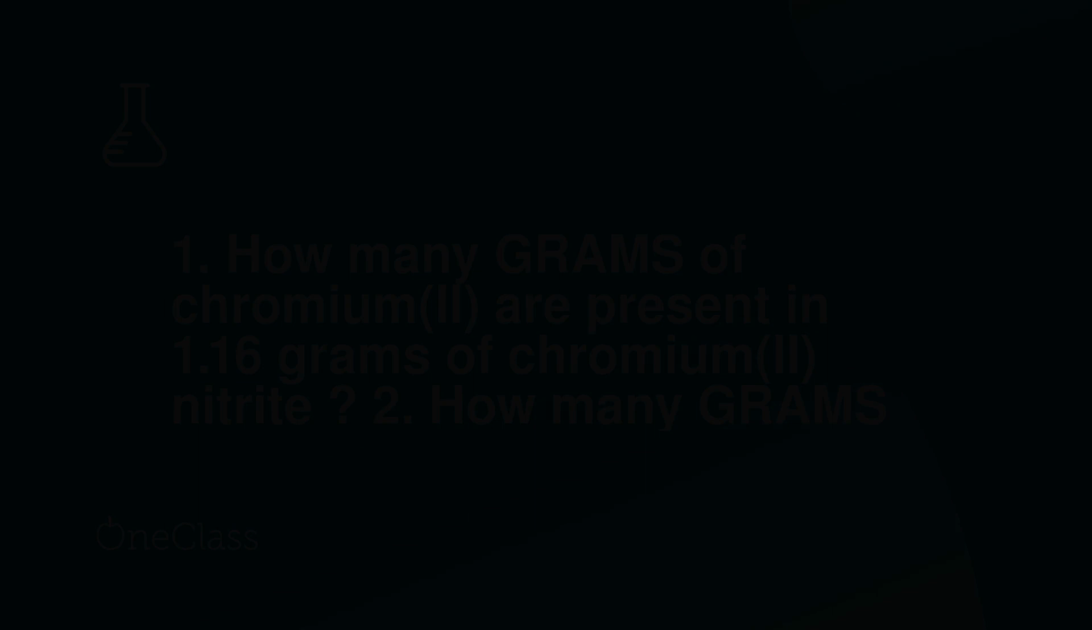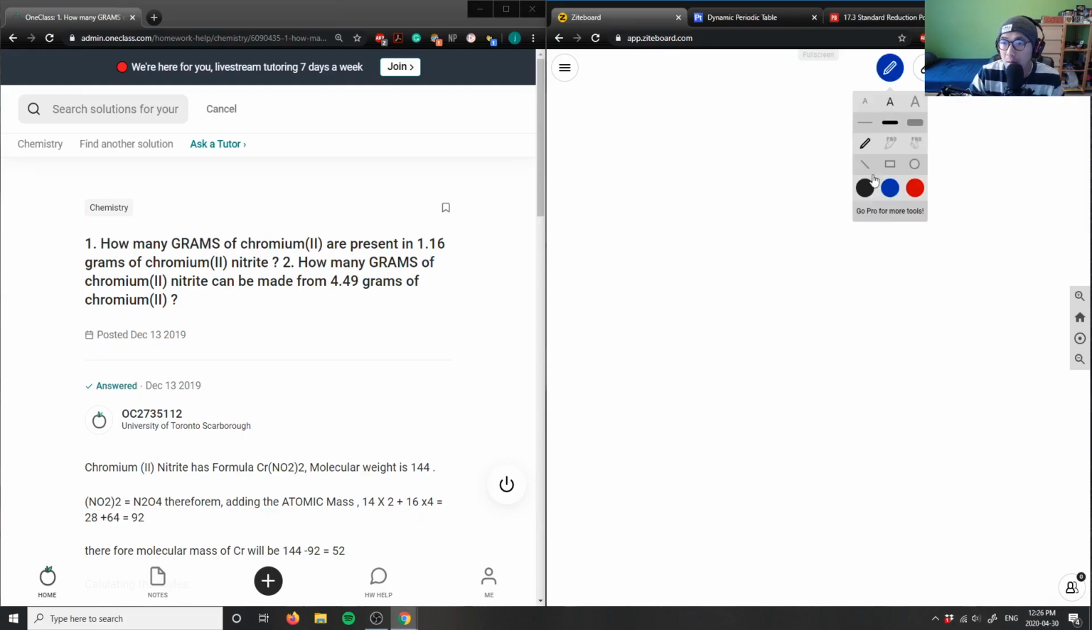Okay, that's number 3. So number 4 is asking how many grams of chromium-2 are present in 1.16 grams of chromium-2 nitrate. And number 2 says how many grams of chromium nitrate can be made from 4.49 grams of chromium-2. Okay. So number 4 is asking, so I have chromium-2 nitrate,